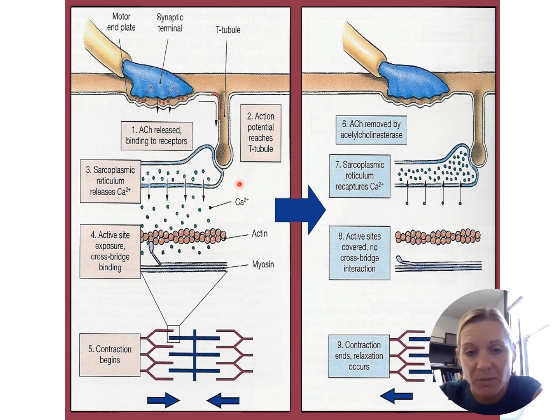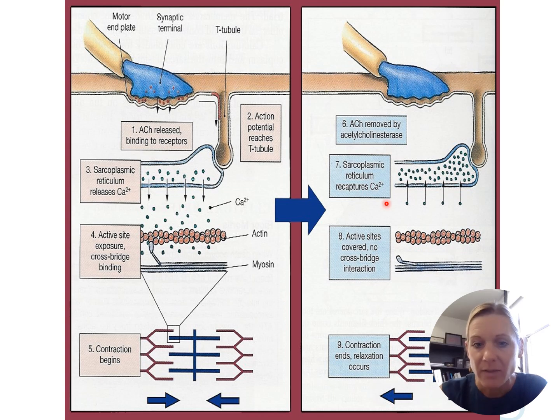Okay. Once calcium is released into the sarcoplasm, it's going to come on over to the actin thin molecule, bind to troponin, cause tropomyosin to move out of the way, and actin and myosin will then interact. Okay. This side shows us what happens when the muscle contraction is done. Okay, so acetylcholine is going to be removed from the neuromuscular junction through an enzyme known as acetylcholine esterase, which basically, think of it as kind of like a vacuum cleaner, right? It's going to clean out that area and get rid of that acetylcholine